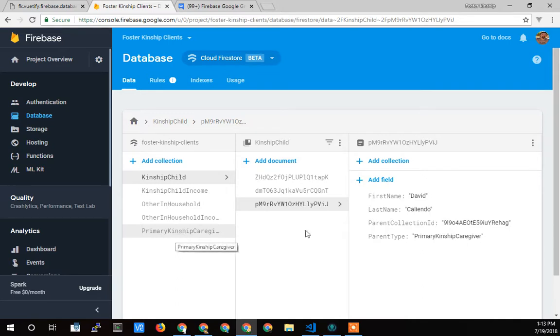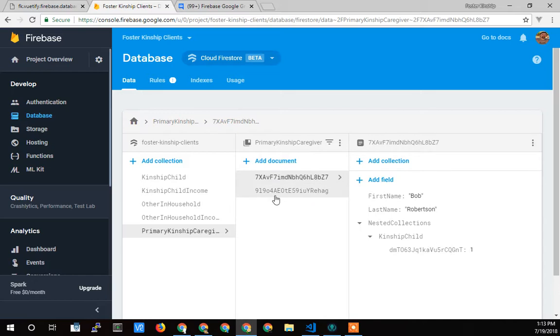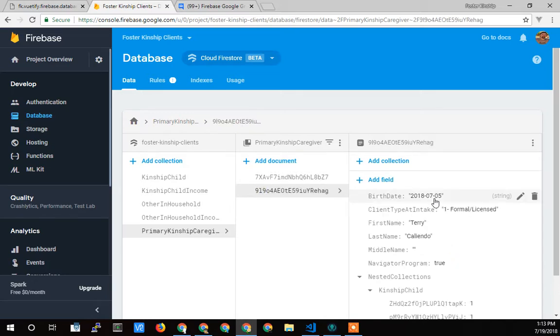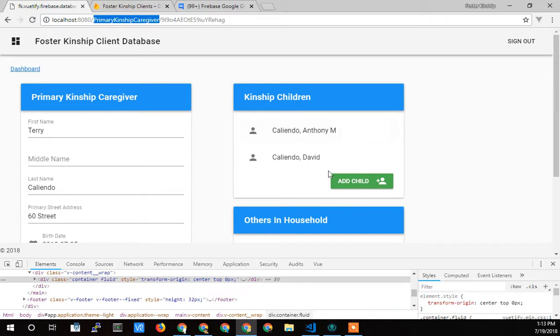So if we go back and look at primary kinship caregiver, we should find the ID 919. I think that's a 1, looks like a pipe symbol, but 919. That should be me, Terry. So here's the 919, and then there's me, Terry. So kinship children is a child of primary kinship caregiver Terry of